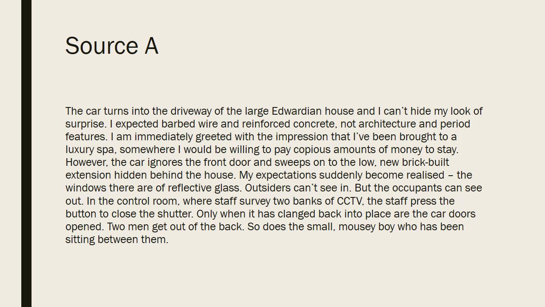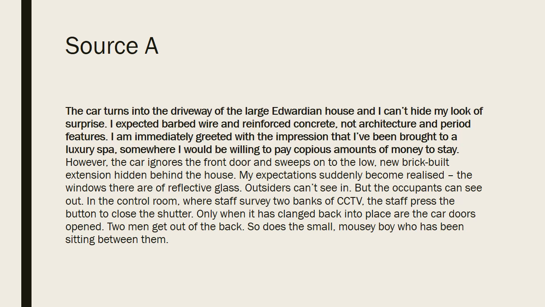Okay, now what we'll need to do is make sure that every detail of that is noticed, not just the key bits that jump out to you. If you read this in an almost skimming fashion, it's another mistake that a lot of people make when reading here. I don't know if it's nervousness or just the fact that they don't necessarily find the subject interesting, they tend to skim through. They'll see the barbed wire, the reinforced concrete. They'll see that there's CCTV. And they'll see there's a boy there. And they can jump to a conclusion but miss the subtlety of the argument. That's what I want to take you through now.